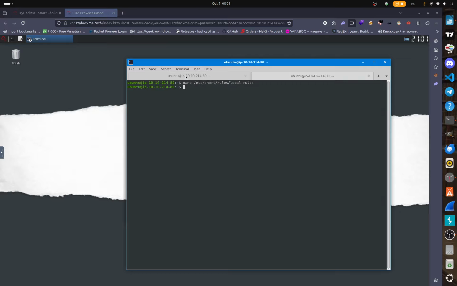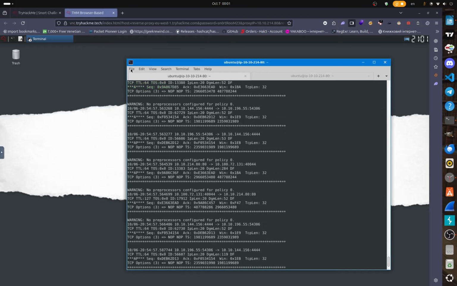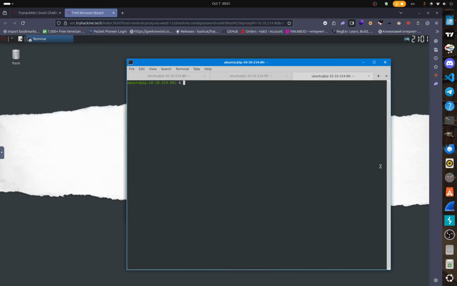So this time the action is going to be reject, TCP is the protocol, port 4444 for the source, and then it's going into our environment. So it's going to be any for the